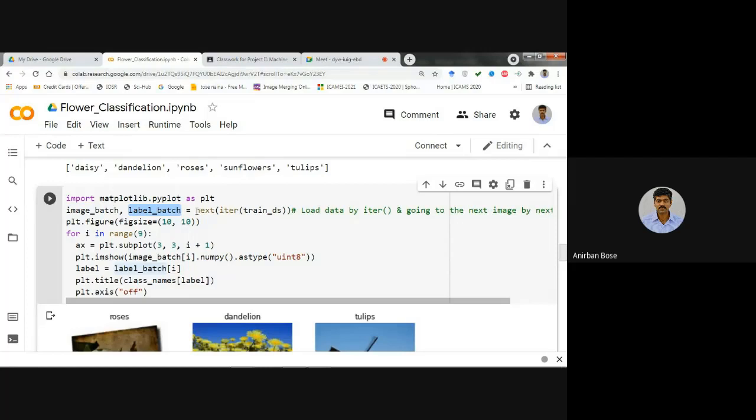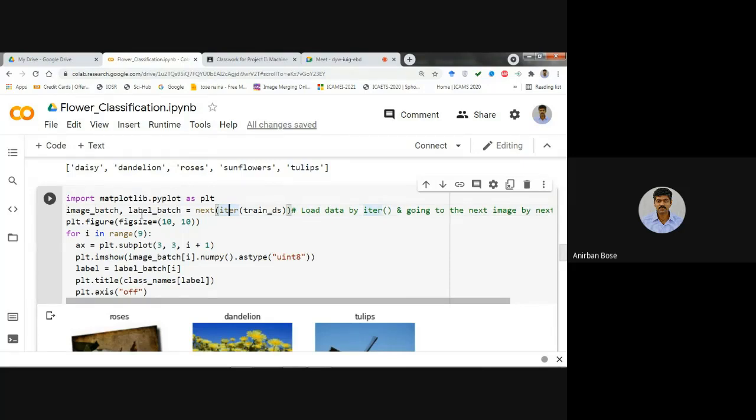What is done is that from the training data set, named train_ds, by the iter function and the next function, the data is taken one by one. From train_ds, the iter function calls a particular image, and then through the next function it goes to another image, and in this way the data is loaded one by one.